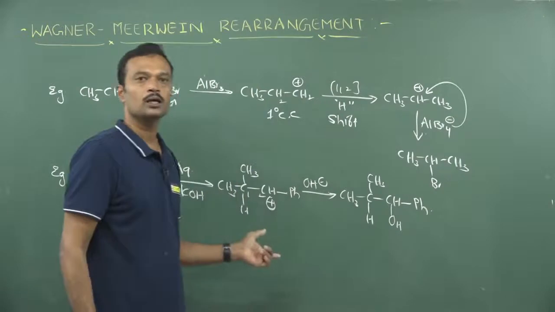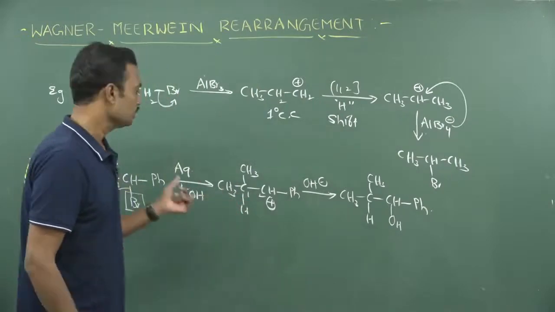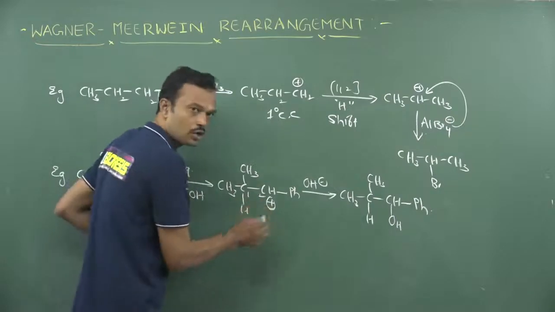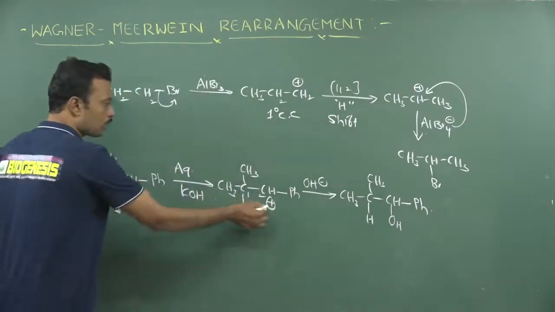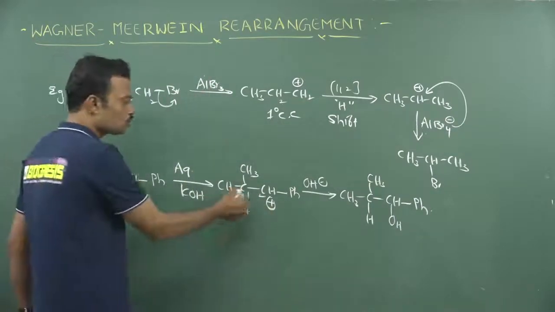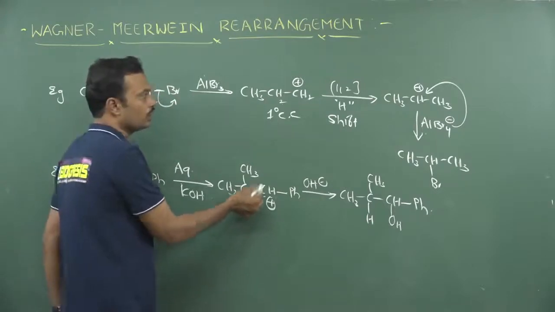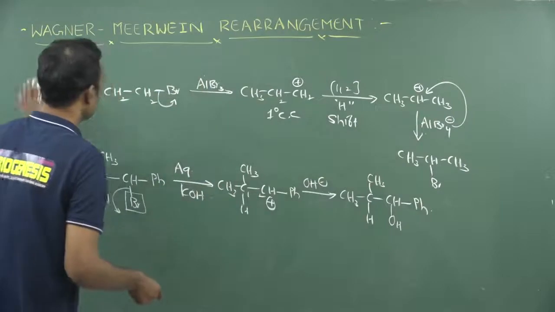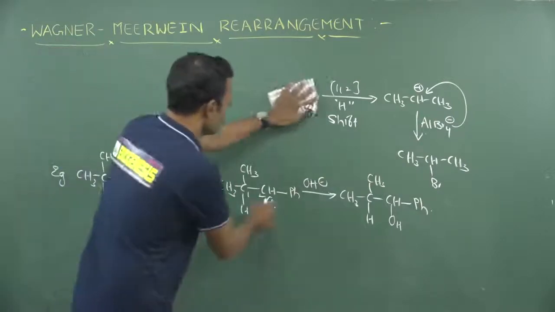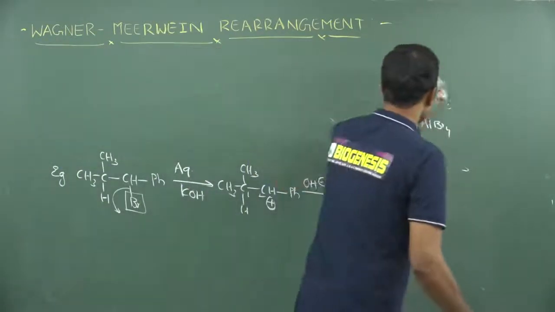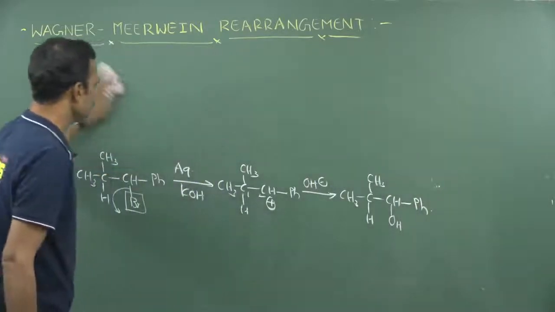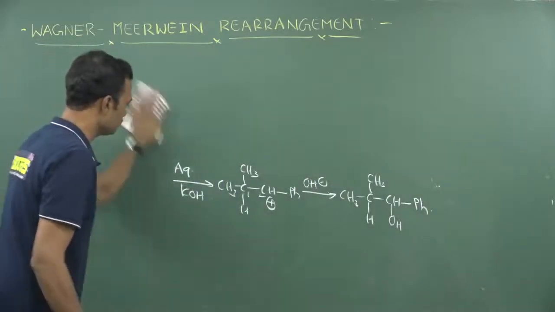It is simply a nucleophilic substitution reaction in which an unstable carbocation is not generated. So the initially generated carbocation is already stable. There is no carbon skeleton rearrangement observed here. Here, see, carbon skeleton rearrangement is observed. Okay. So that is called a Wagner-Meerwein rearrangement. So it is not an example for Wagner-Meerwein, but we can say it is a substitution reaction. The functional group is interconverting without carbon skeleton rearrangement.